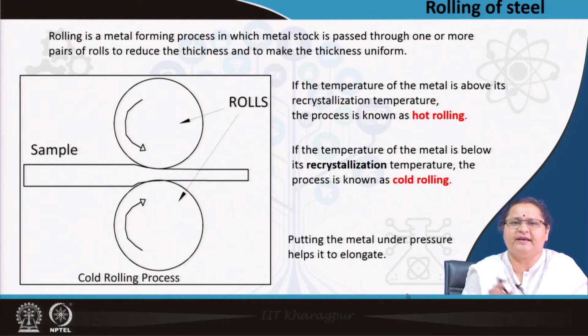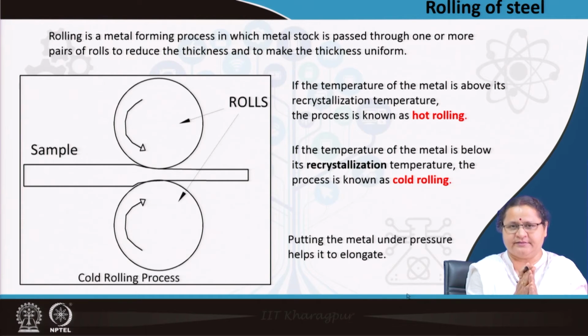So, not just taking a big rod of iron or a large bar of steel, we need to know how best we can use it, and that is why we need to know rolling of steel. It is a metal forming process in which metal stock, that means instead of taking the entire steel piece, we will roll it into our desired shape, desired thickness, uniform cross section